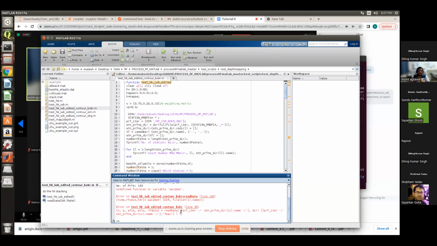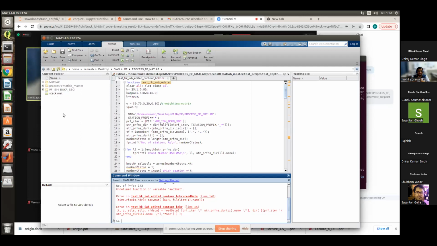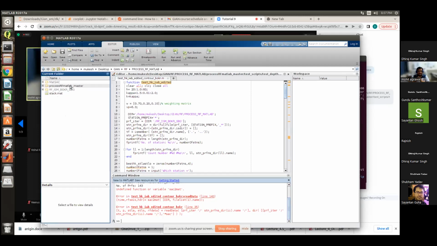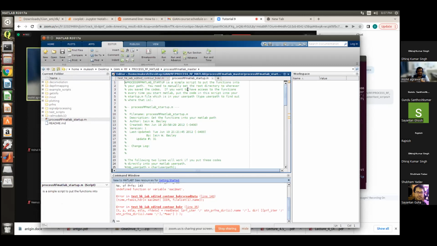Okay, first go to that folder, process RF MATLAB underscore master. The folder on top. Then run that code .m file. Now go back again to the same directory. Just go to that test scripts